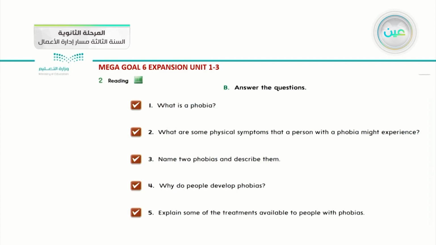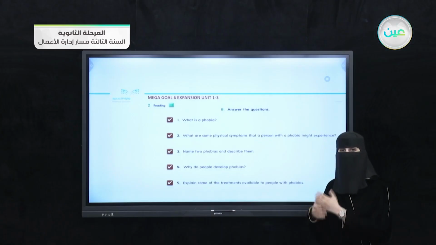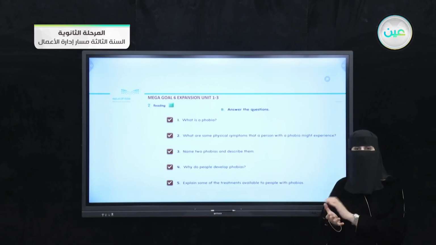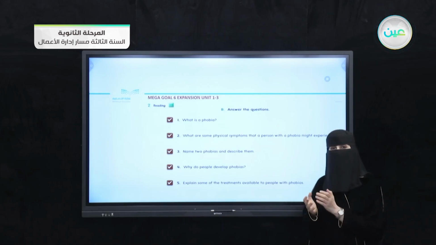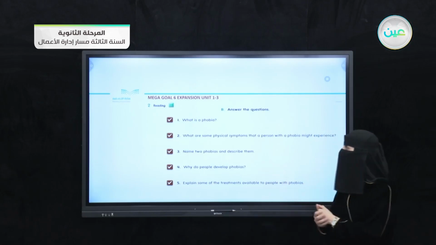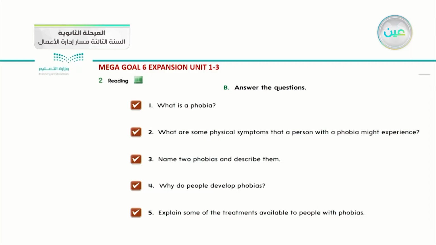Okay, let's begin with the first point. If you remember that reading passage we talked about in the previous lesson, they talk about phobias, their information and their definition. Also, we discussed the kinds of phobias and the names given by the scientists who named them, and they gave us some examples of people mentioned inside the reading passage. Now we will have the reading answers after that reading passage.